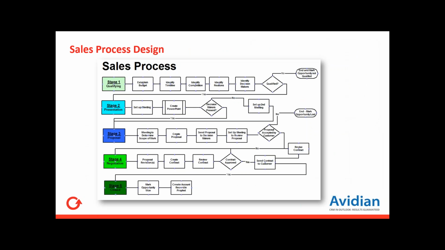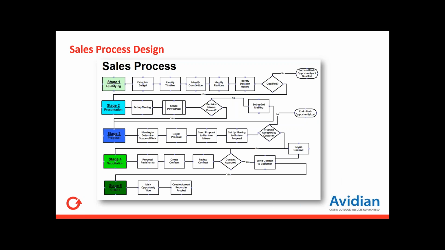So first, what you want to do is think about your sales process in stages or steps that you go through. In this example, I have stage 1 being qualifying, stage 2 being presentation, stage 3 is generating and sending proposals, stage 4 would be maybe negotiation, stage 5 would be closing the process, closing the deals, if you will. But these are fully definable, and what we're going to be doing a little later in the program here is showing you a live example of how to do this in Prophet CRM, which is an Outlook-based CRM built by Avidian. The key concept here, though, is start with defining these high-level stages, if you will,